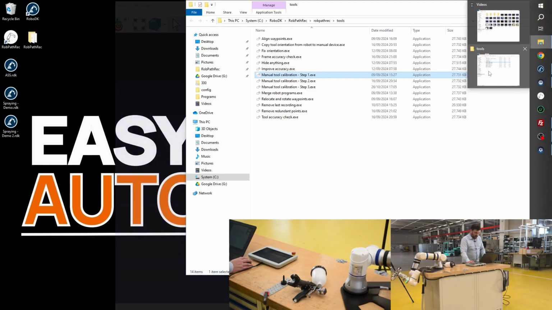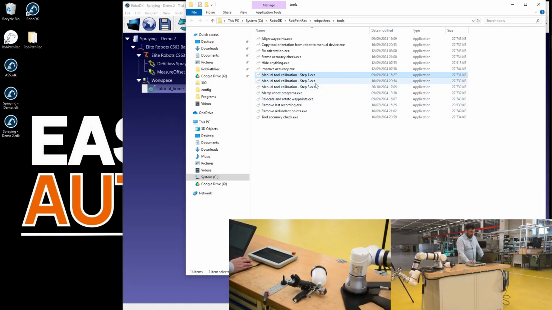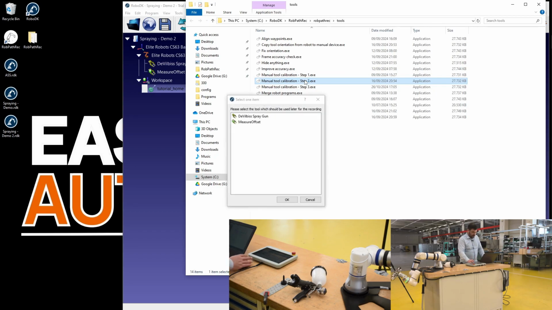Before we move to the next point, we have to come to the tools, and we let the step 2, the manual tool calibration step 2 file run: we just double click it. With this action, we are transferring the TCP setup of the measured offset tool. Here's the window: please select the tool which should be used later for the recording.